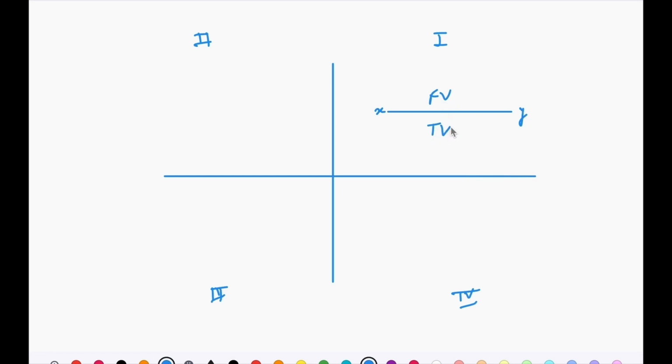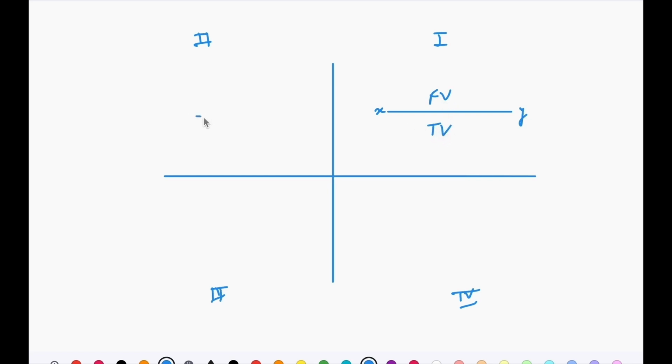The position of views will be like, let's say this is the first quadrant, this is the second quadrant, this is the third quadrant, and this is the fourth quadrant. This is the xy line. When the object is placed in the first quadrant, the front view will appear above the xy line, the top view will appear